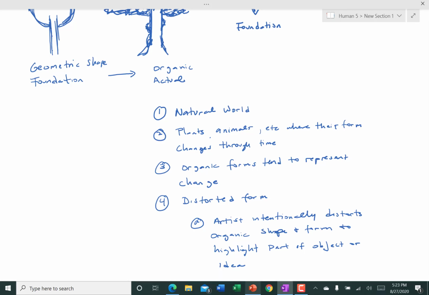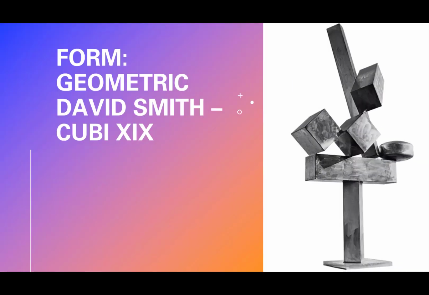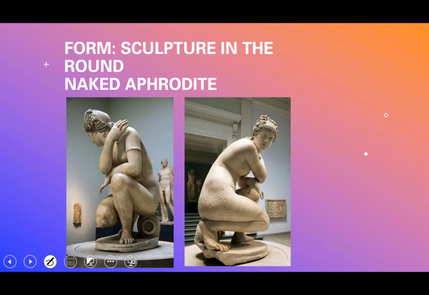Okay, so let's stop right there. That's a perfect place to stop and look at this. This is a geometric sculpture or form. It's a sculpture too. It's called In the Round. But here you see everything is made up of the geometric forms. You've got the cube, you've got cylinders, and you've got various aspects of the cube. It's called cubics. Here you see sculpture, and this is called In the Round, and we're going to look at this more in just a minute,